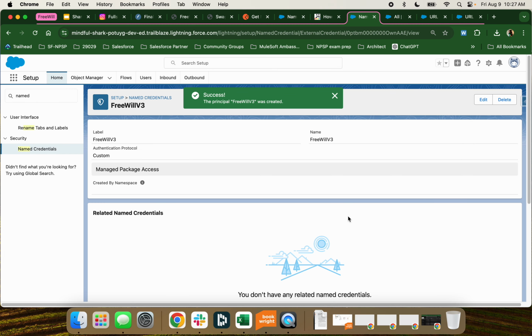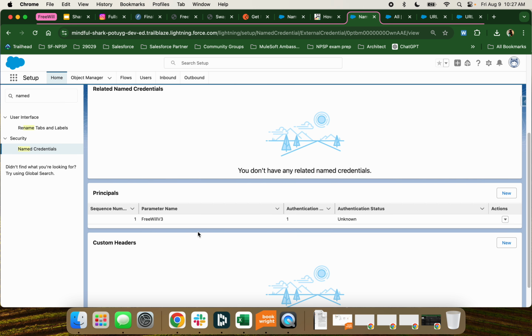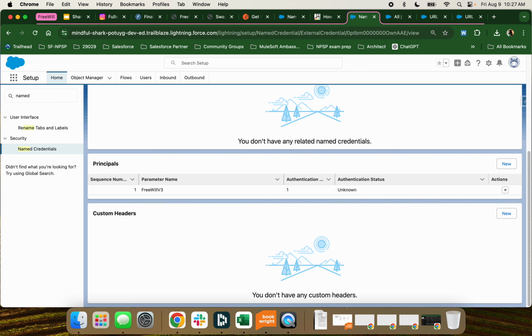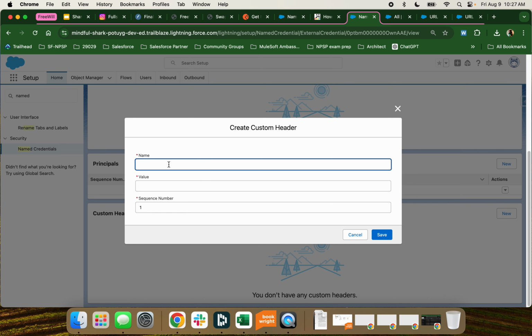And you can do username and password. You can do kind of whatever you need and want. It's helpful. And then to create the custom header, there's two things that Free Will needs. The first one being that secret, so your API key. And so this is where we're going to make specific things that are needed. So they expect the header to say